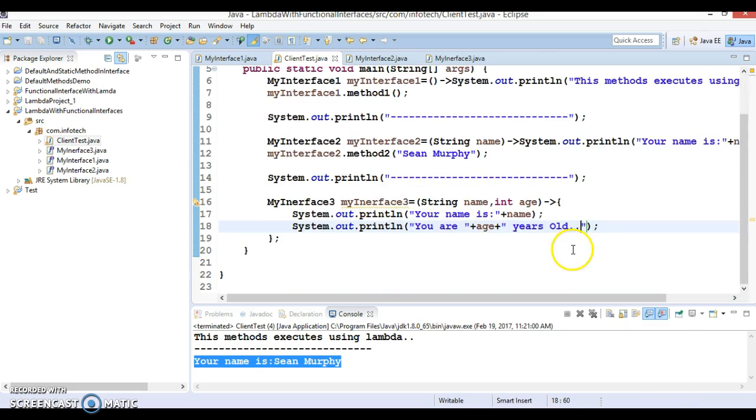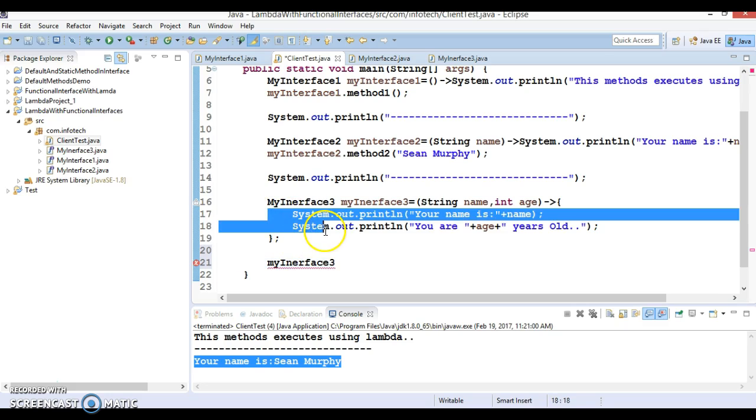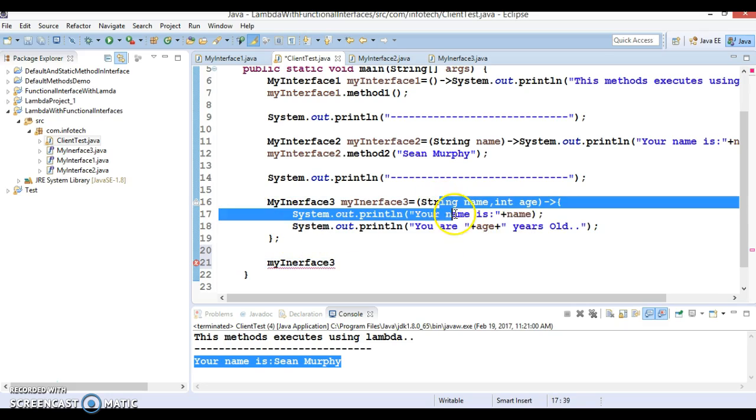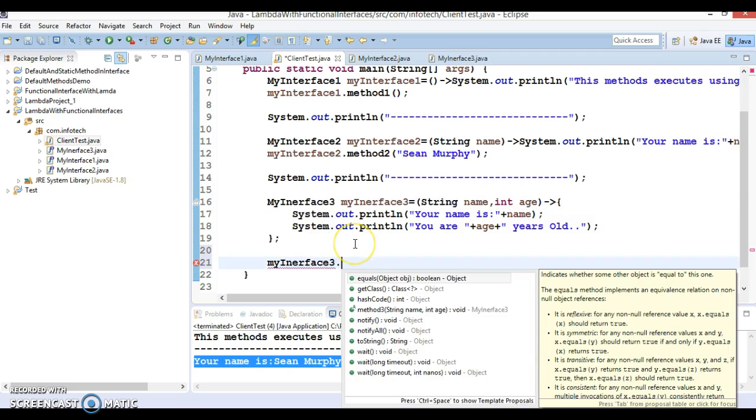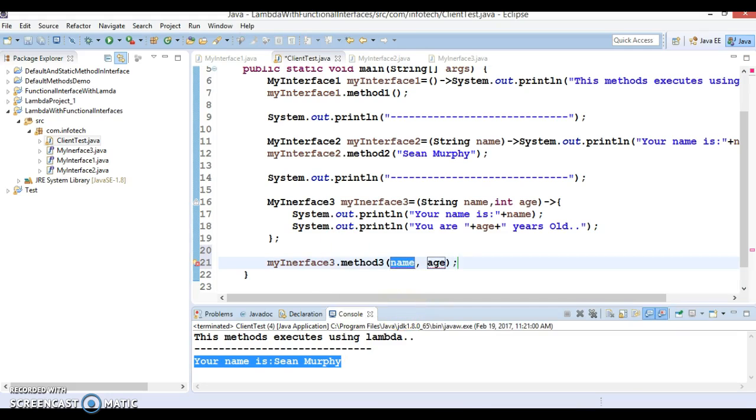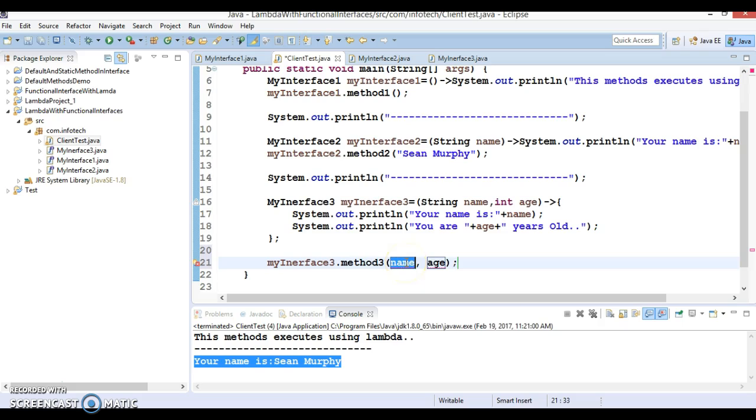Here we have just defined the implementation of the functional interface using a lambda expression, but we need to call its method to execute this code. So now you call method3, and here you can specify the name, like Andrew, and the age is 30 years old.